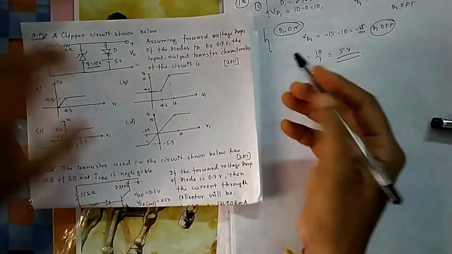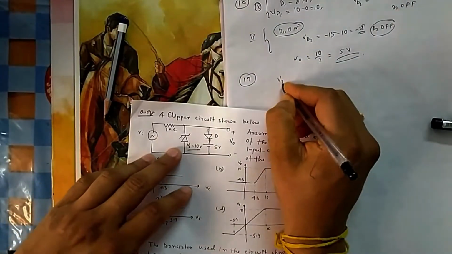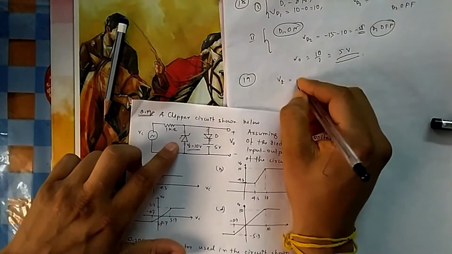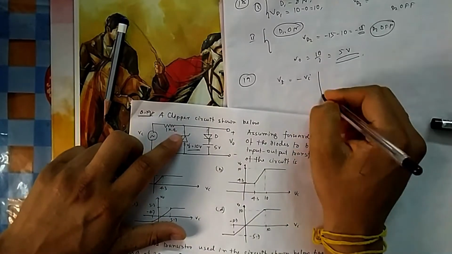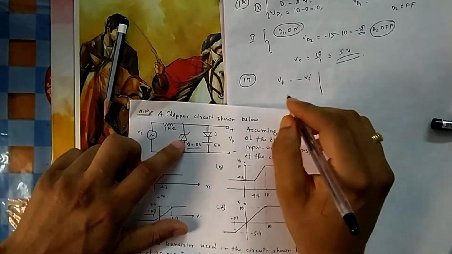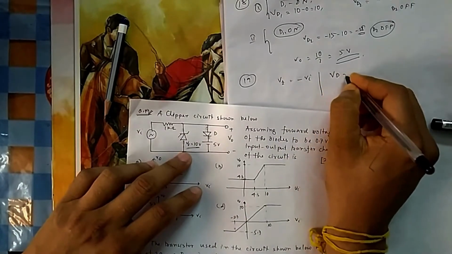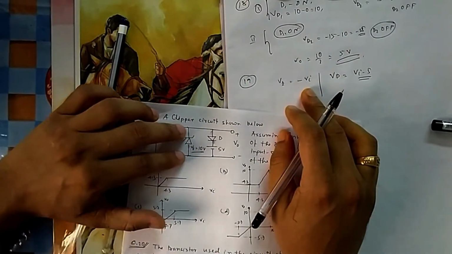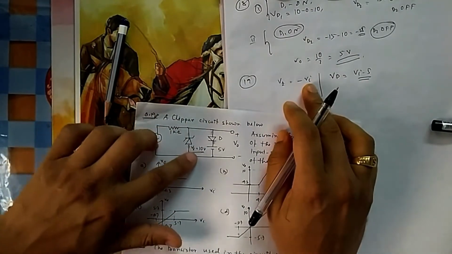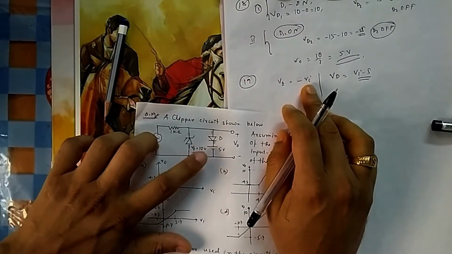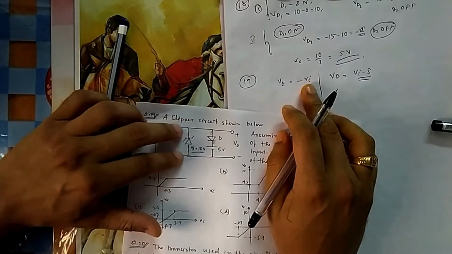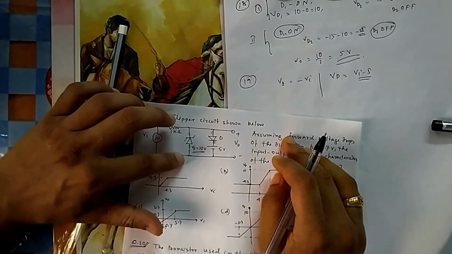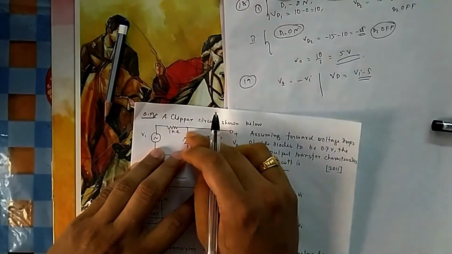So you can see here, what is my first impression? What is VZ, the voltage across the Zener? I will always consider this plus, this minus, so it is minus VI. For a Zener, negative is good because I need to operate it in reverse voltage, and VD is VI minus 5. But it will be minus 10 as long as VI is less than 10. If it crosses 10 in the reverse direction, then this side will be plus, this side will be minus, that is minus 10. As per our convention it will be minus 10.